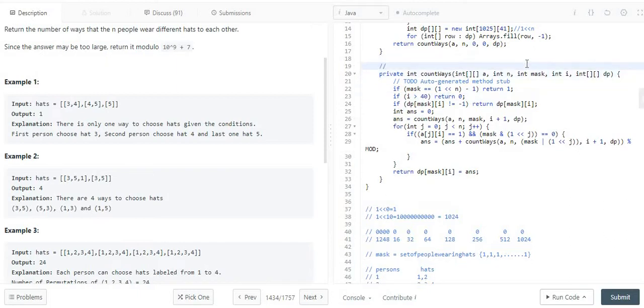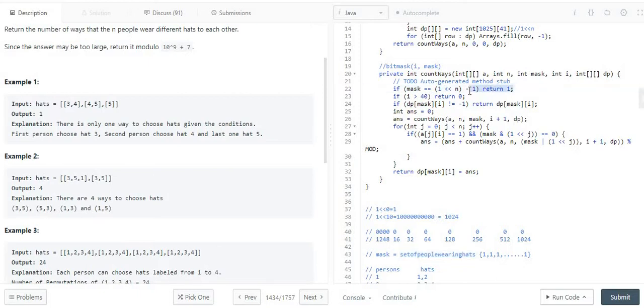So whenever you perform the bit masking operation, it generally contains 2 things. One is the ith bit which you want to check and set accordingly, and the second thing is the mask. The mask is nothing but, in this case, the set of people wearing a hat. The success case is whenever all the people, let's say there are n people, are wearing different types of hats. Then only can we say we have got one valid combination. That is one of our positive base cases.